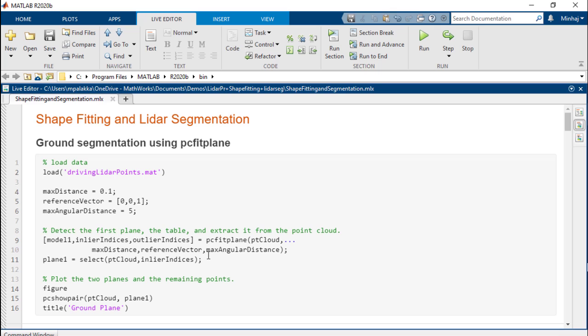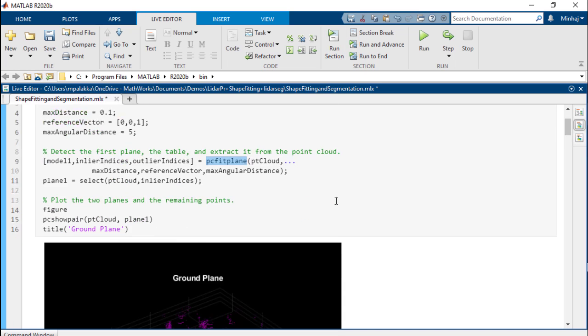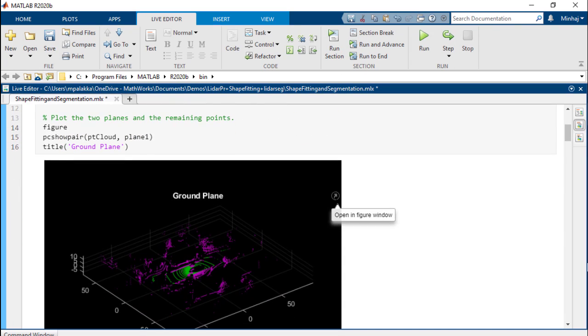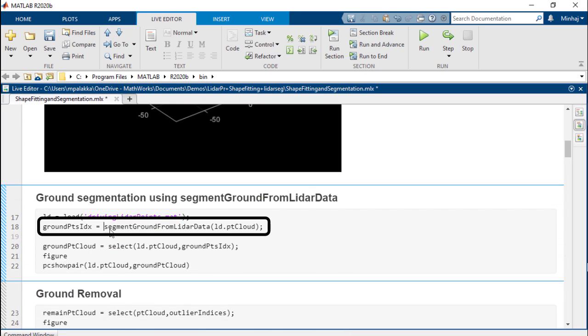As the final step in point cloud pre-processing, we'll segment and then remove ground from the point cloud. To segment the ground plane, we can use pcfitplane function, which fits a mathematical plane model on the point cloud. Or you can use segmentGroundFromLidarData function.